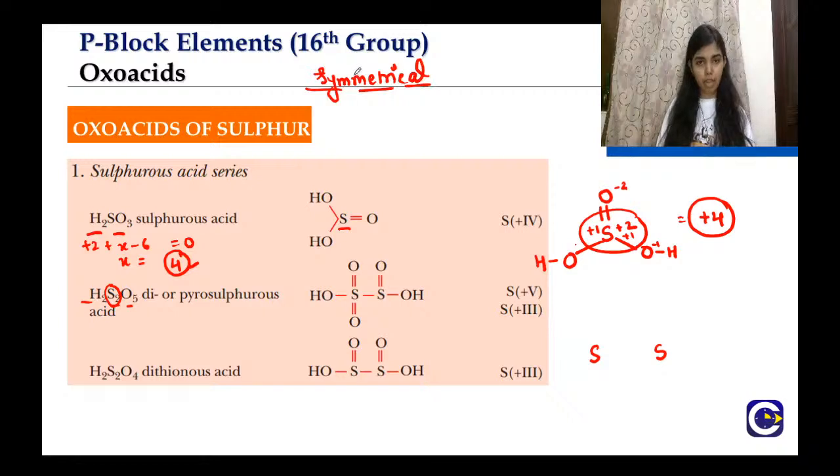Not all cases will have the symmetrical structure, but basically most of these structures are symmetrical in nature, right. So H2S2O5. Now place one double bond O here, one double bond O here. Now as there are 2 hydrogens, so one OH here and one OH here. Now how many oxygens are left? 1, 2, 3, 4, and the one is the 5th one. So this will be here,